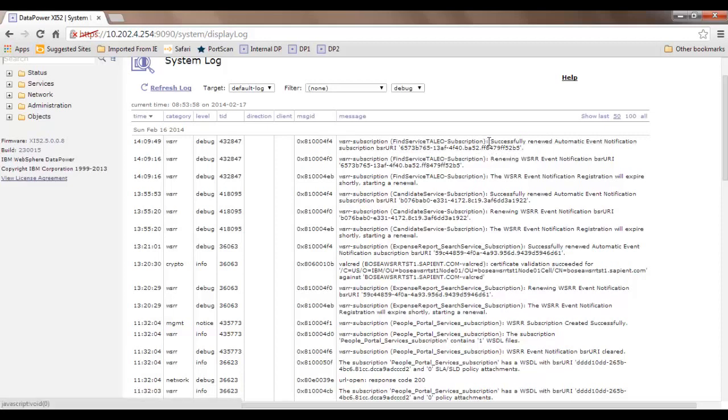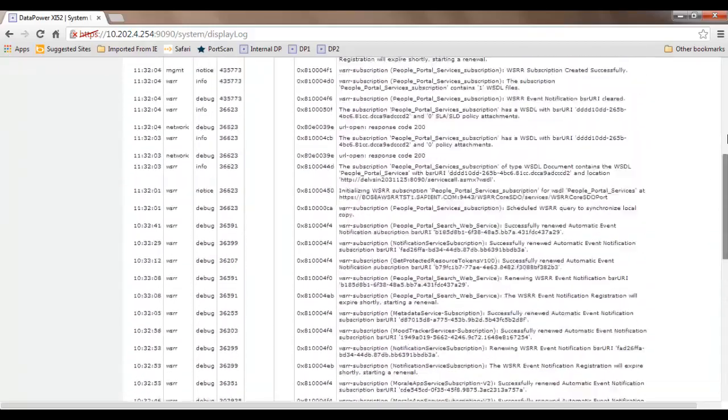After that, this is the log which has got generated. So this is how a typical message is structured. First is the category, second is the object, and third is the specific message that was generated out of that object. This is one example of logging that is taking place in the DataPower, and this is how to read DataPower logs. By default, only 50 lines are shown over here, but if you want to increase that,